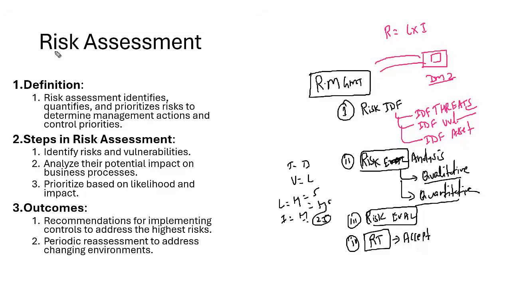One more important thing: risk is not something which has already occurred. By definition, risk is a probability. There is a probability of something occurring. There is a probability that we might fail this exam. If I fail the exam, that is not a risk. That is already an incident. To prevent the incident, we do risk management. Like you watching this video to prepare for CISA. Why? If you don't watch this video, you might fail this exam. But if the person already failed the exam, then there's no point in watching this video, right? I'm just giving an example. So it's very important for us to understand that this is to prevent the incident. That's why companies invest a lot of money in risk analysis. Same as in the stock market.